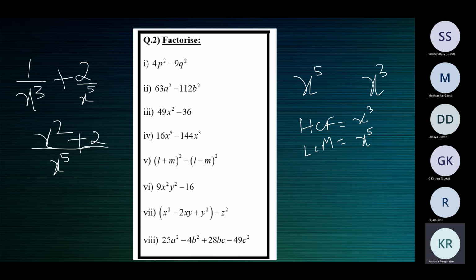Why x square in the numerator is because x cubed into x square is only x power 5. Okay, so now tell me what's the